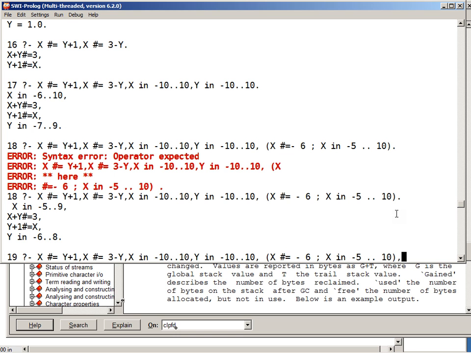I'm going to create more alternatives for x, and more alternatives and more alternatives. And since the initial domain was for x between minus 10 and 10, so that's 21 values, and for y, minus 10 and 20, that's another 21 values, the potential search space could have been 21 squared. I'm not very sure how much that is, but it's in excess of 400, so it's a relatively